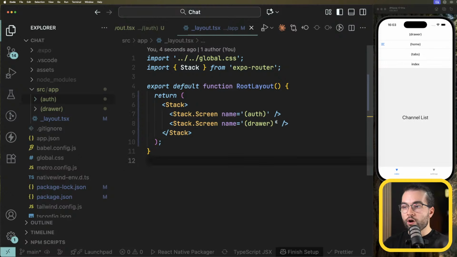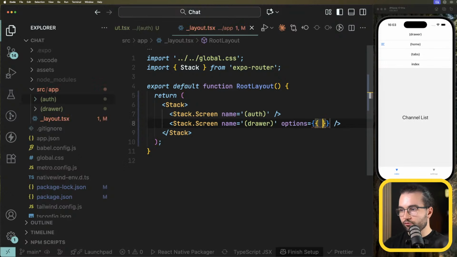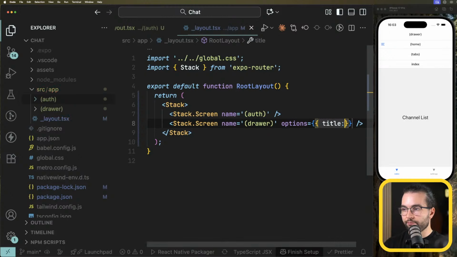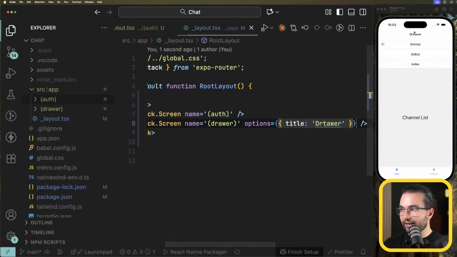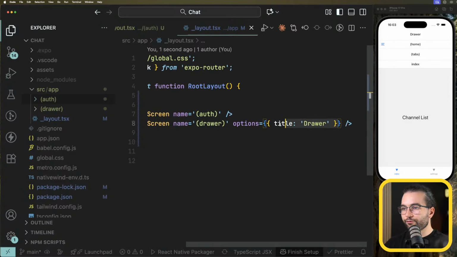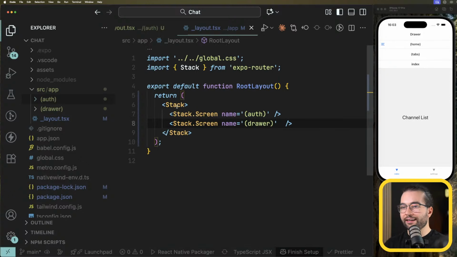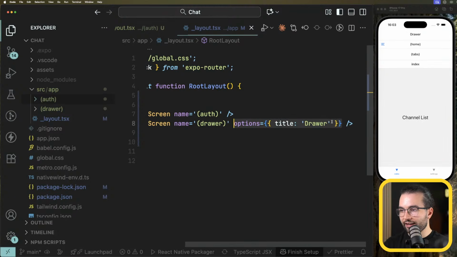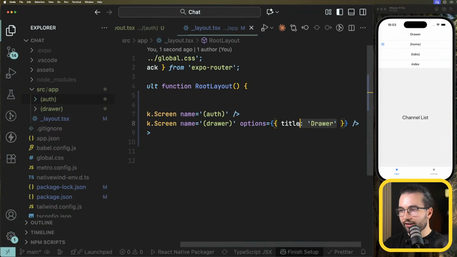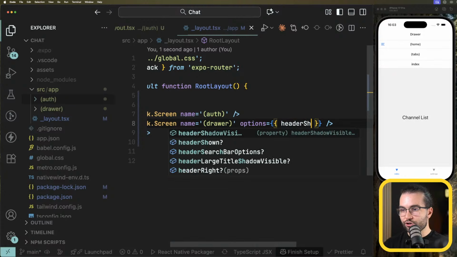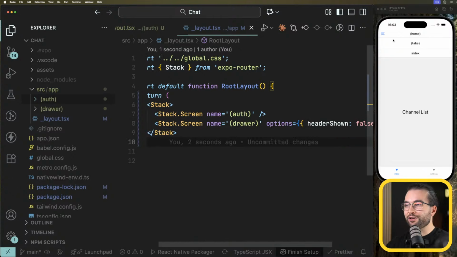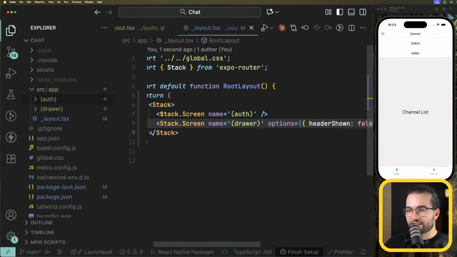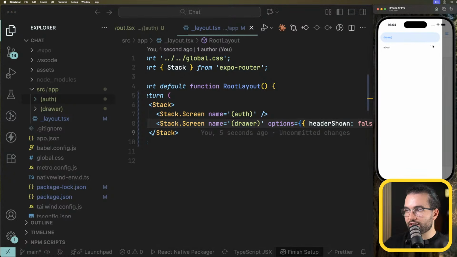Usually we do that when we want to apply options. For example, for the drawer, I will say, hey, let's call it drawer. And you're going to see that the title at the top changed to drawer. I don't think we need these options here. And in fact, I'm going to say, hey, header shown equal to false to actually hide it altogether, because I really don't need headers in that header. I need to start from